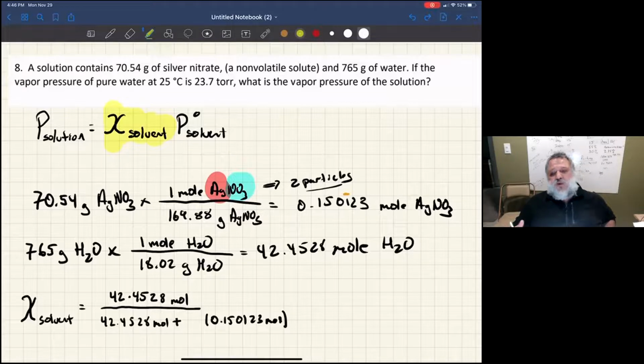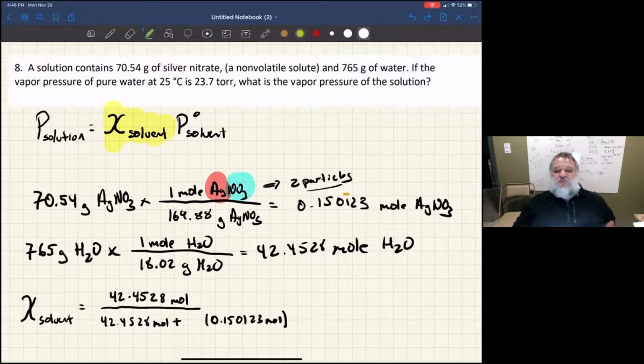In freezing point depressions and boiling point elevations, we have the van 't Hoff factor to take care of that. But in Raoult's law and in osmotic pressure, you have to deal with that on your own. And so there are 2 particles that are associated with that. So the total number of moles of particles are going to be multiplied by that factor of 2 for silver